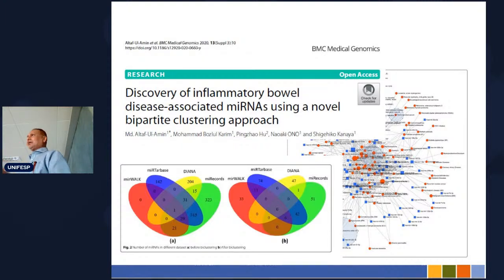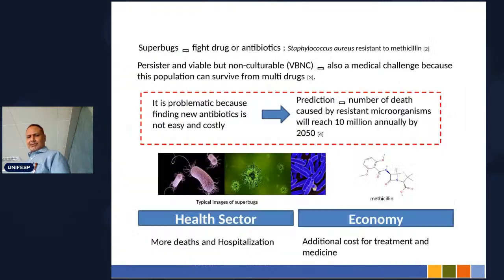We make the network by collecting data from the databases, and then we do the clustering, and then we try to find the significant clusters in the context of this disease, and then using the clusters, we can bring some conclusions. So in some sense, this is a very easy flow you can follow for other diseases or other types of research also. So here we applied biclustering, and currently I am trying to